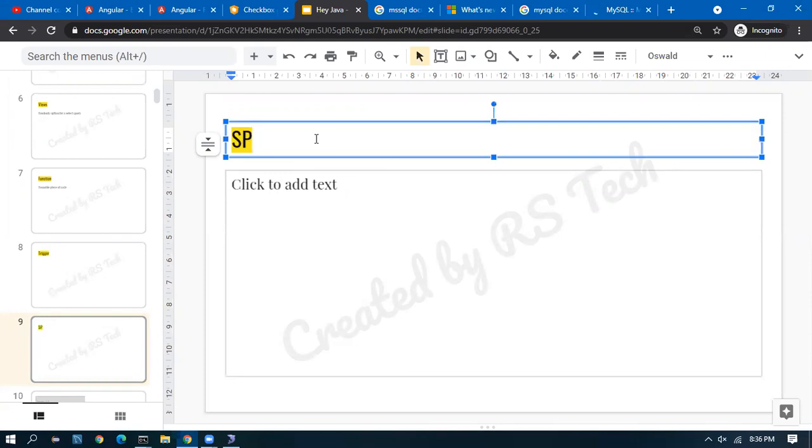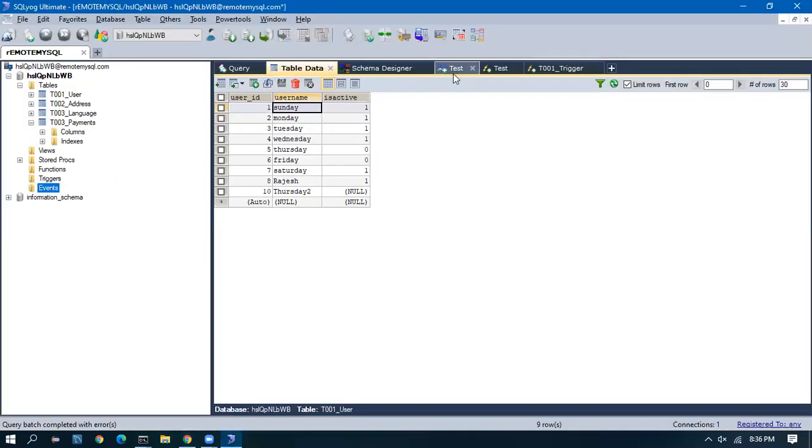Suppose I need to insert one row into this table. After this insert, I need to insert into an address table. After the address, I have to update the language table. So let us say we have a sequence of steps to be followed. Step 1 is do this into this table. Step 2 is do this into this table based on the first insert.